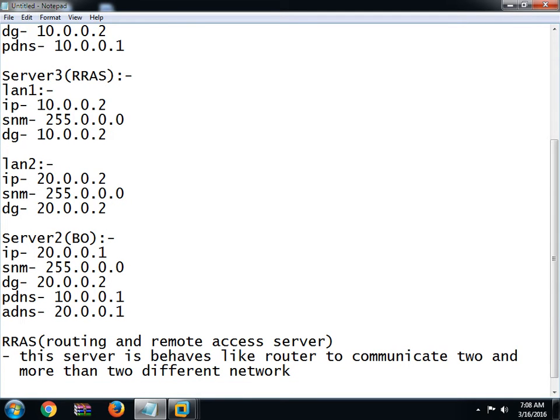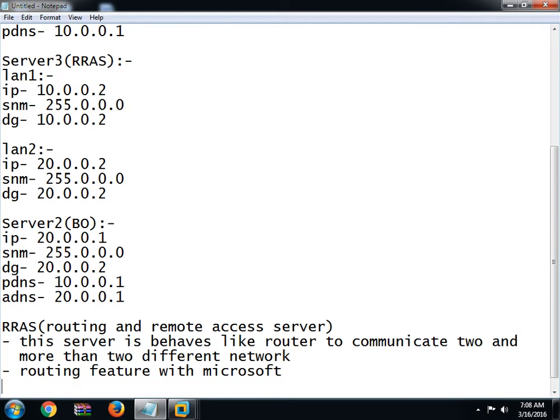So we must have the RRAS. It is like a router from Microsoft. You can say a routing feature from Microsoft. Okay.